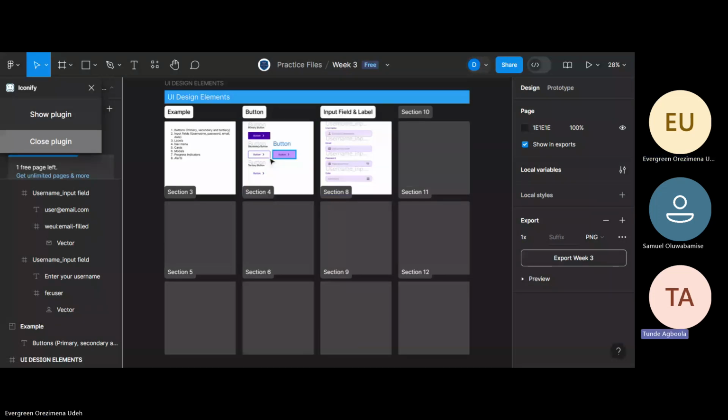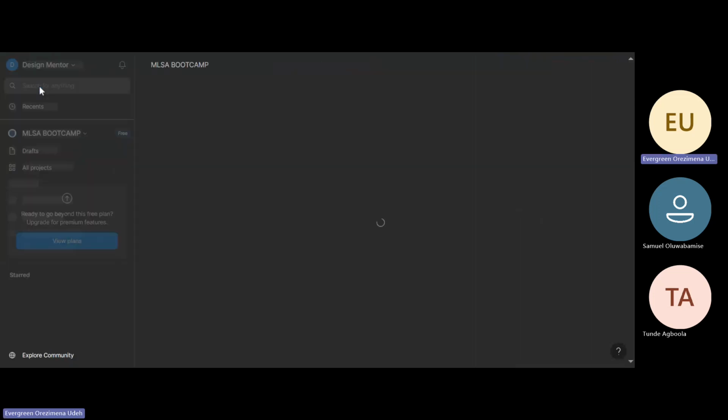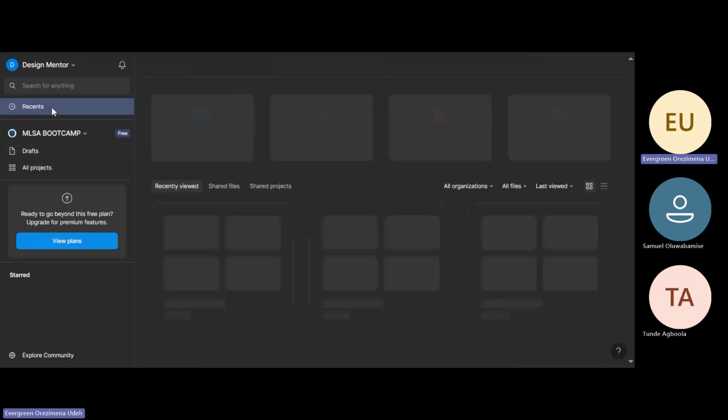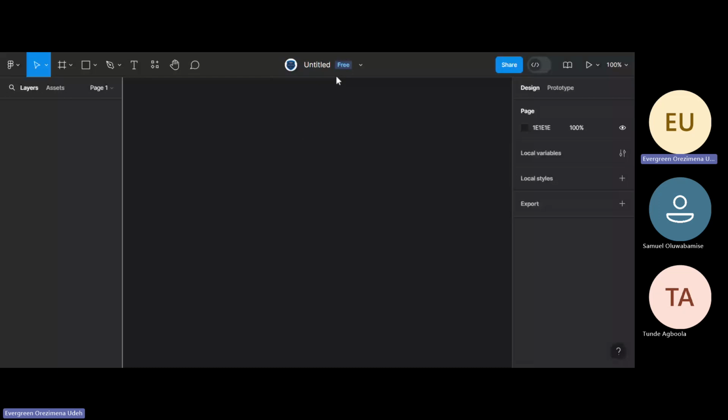Through the link you sent to us? No, not that link. You will create your own Figma file. So let's go. You come back to files, right? And then in your own recent, this is where it will show you all your files. Click on new design file and you'll be able to create a new file. Then you would give it a title. Name it